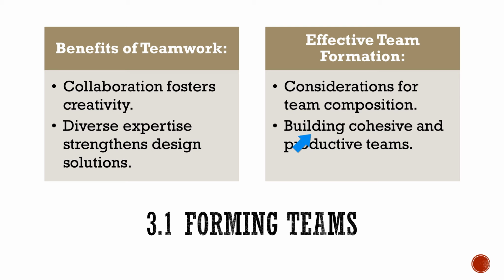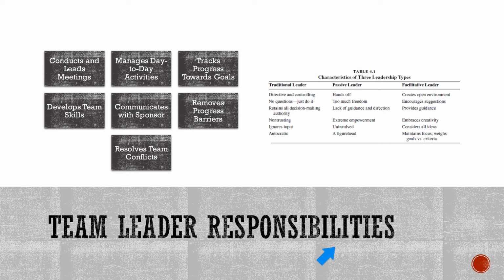So second is building cohesive and productive teams. So these two will affect whether the team is effective or not effective: composition of team members, and the ability to build cohesive and productive teams. Now let us go into the team leader,